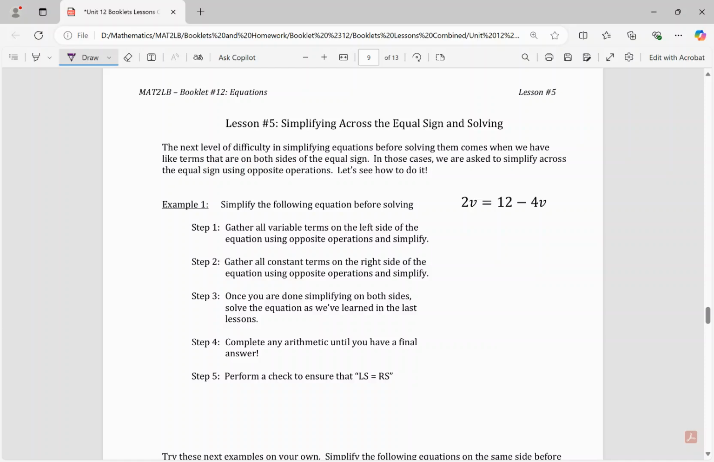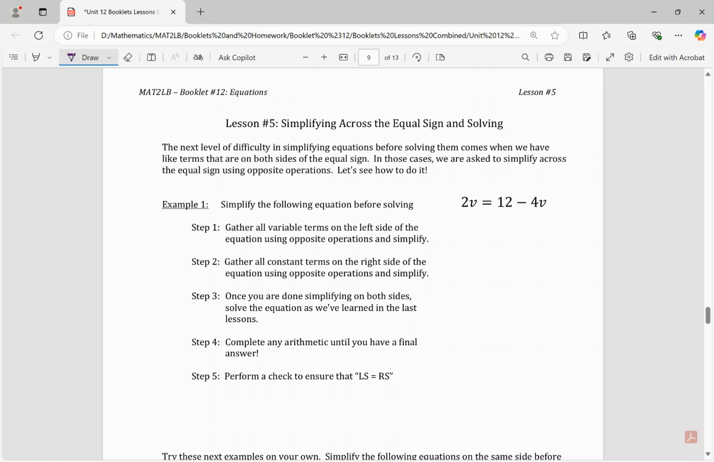All right, everyone. In this video, we will be covering Lesson 5 and Booklet 12. That is simplifying across the equal sign and then solving. So similar to Lesson 4, we are going to be solving for the variable, and we are also going to be simplifying first. Now, this lesson increases the difficulty a little bit because in the previous lesson, you might have